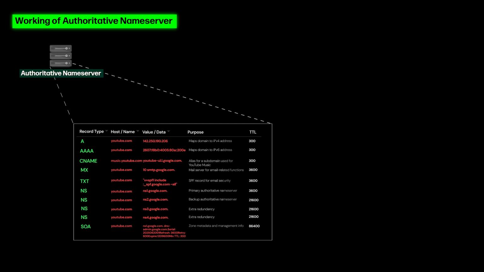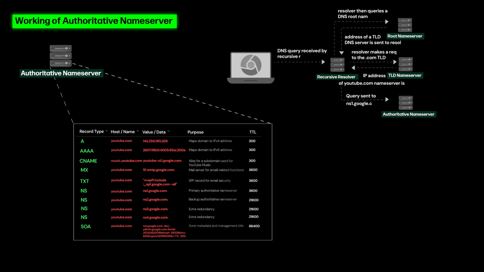Authoritative name servers hold different types of DNS records like A, Quad A, and CNAME. The A record stands for address and maps a domain name to its IPv4 address. This is the most basic and essential DNS record, and when a recursive resolver reaches the authoritative name server, this A record provides the final IP address. If a domain uses IPv6, the name server returns a Quad A record instead, which serves the same purpose but